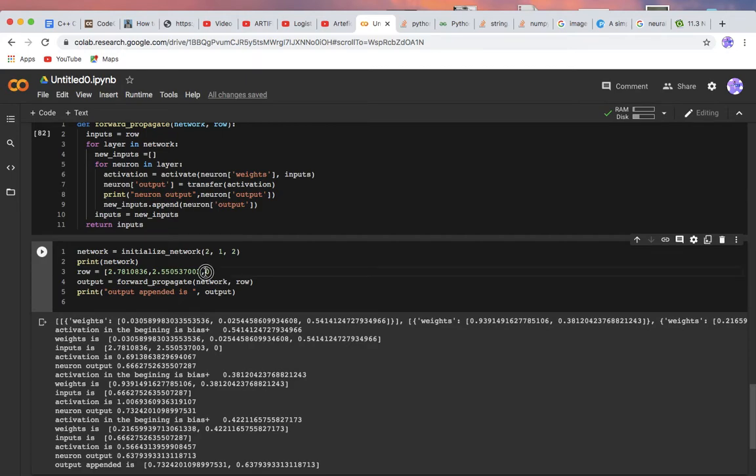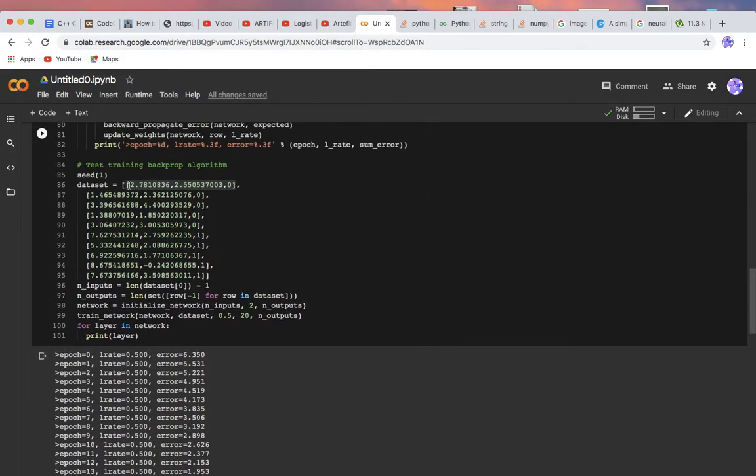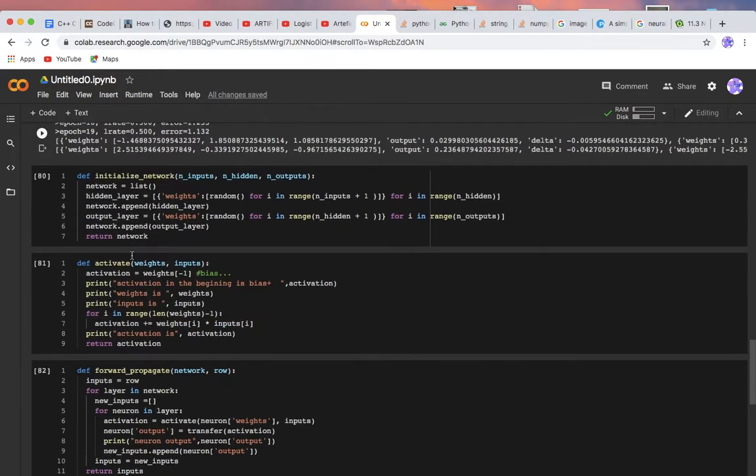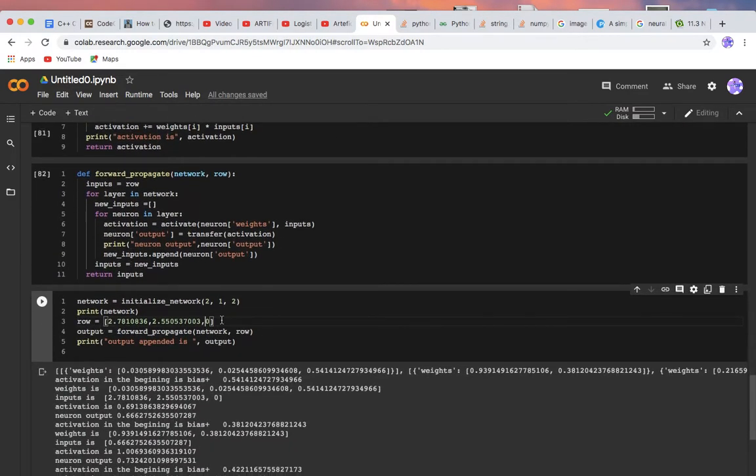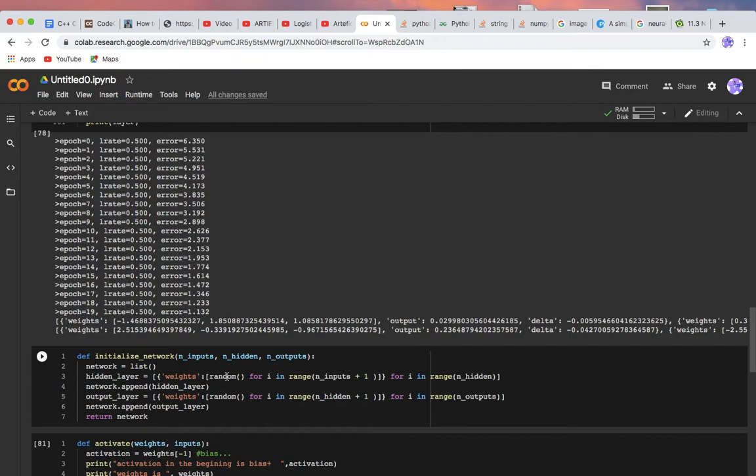And similarly here, these both are for input features, and this is for the actual output. Where do we get this row in the data set? This is a part of our data set. This is one of the rows of the data set, right? For testing purposes we have taken only one row.